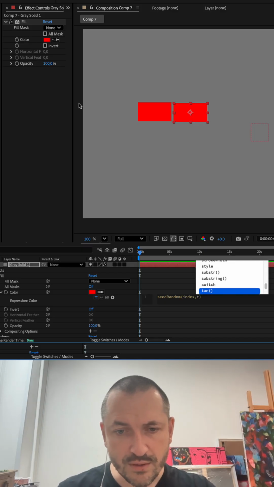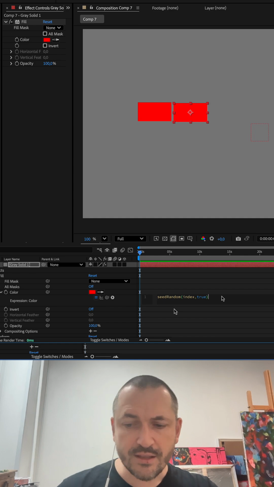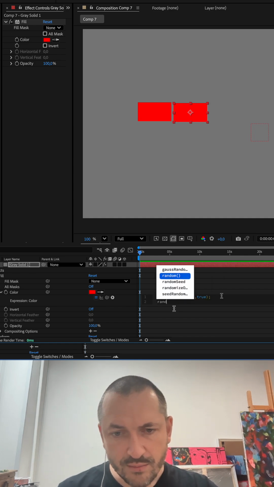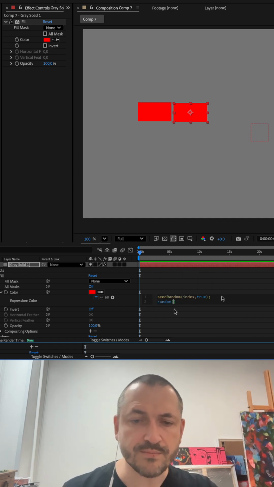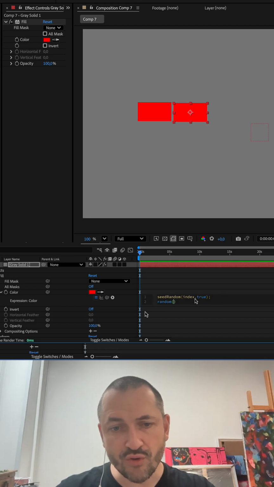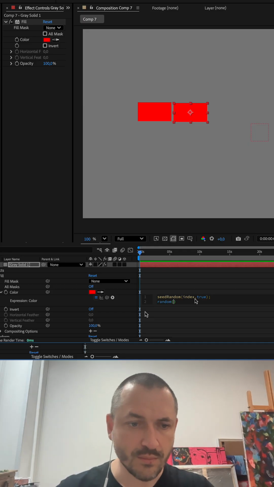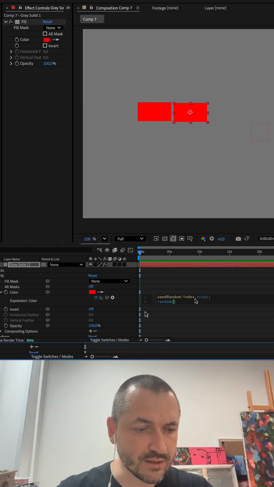What I'm doing right now is telling After Effects that the random function, which comes next, will generate a random number only one time on the layer, not every second, just one time on the layer.